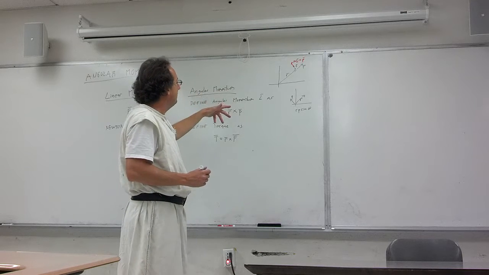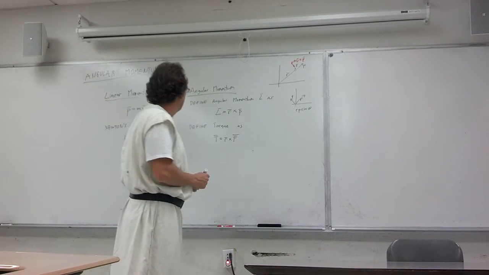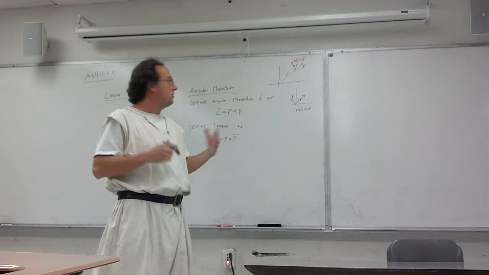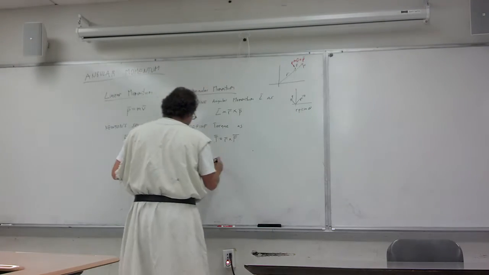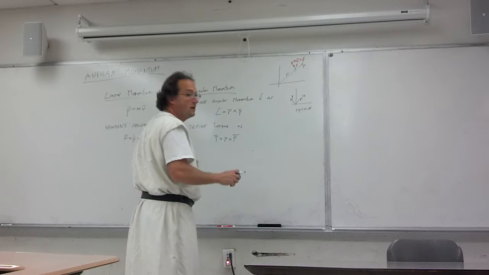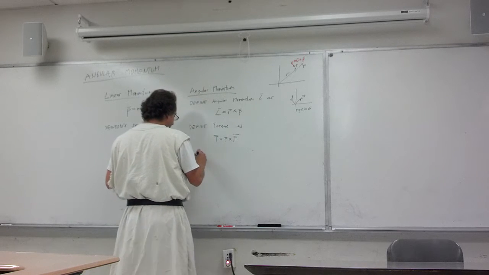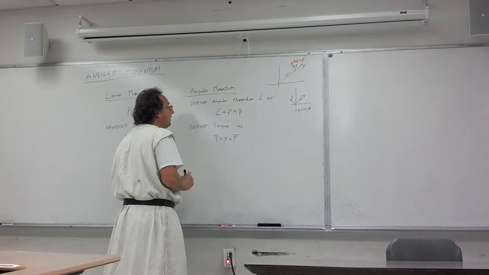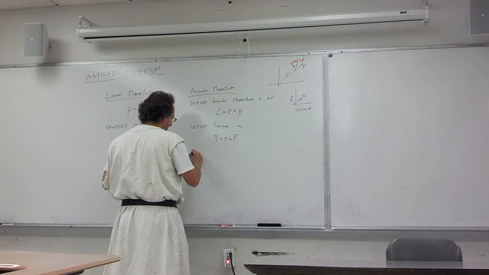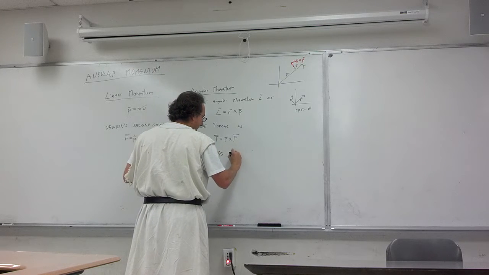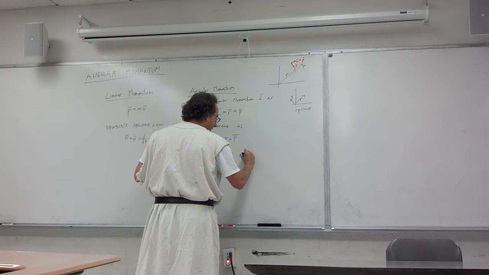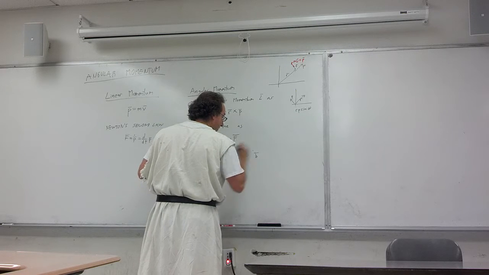That's kind of the intuitive definition. I'm going to talk about that a little more, make sure everyone's clear on these concepts. I'm going to define the cross product mathematically. Let's say, given vectors A and B,